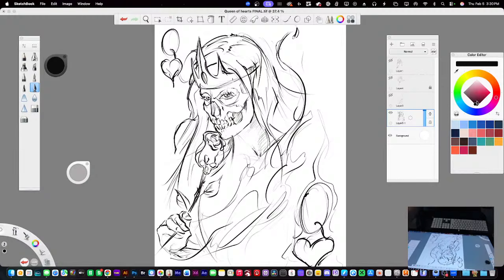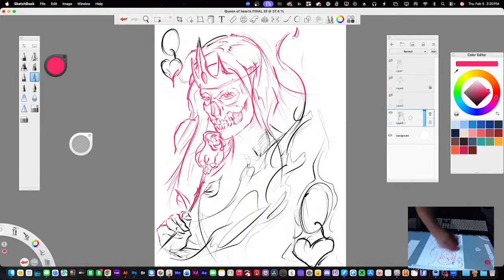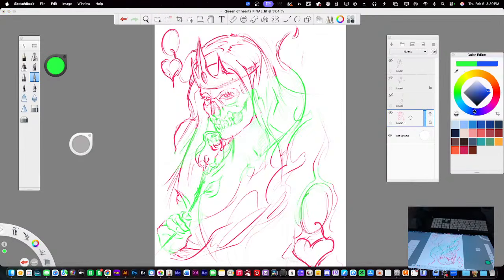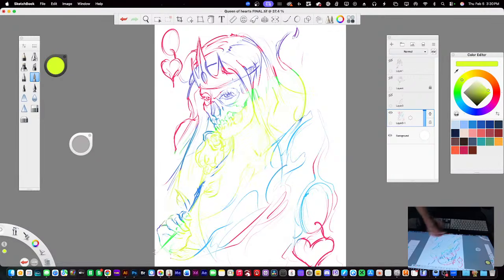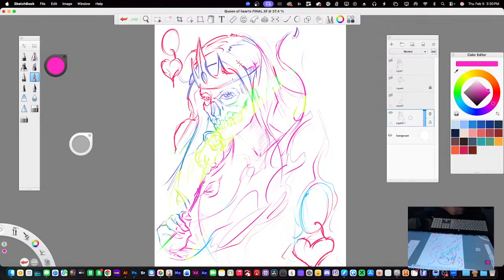Do the black ink. So watch. Change to a color. You can use a big brush like this and make it huge. And you can just change that color. That's how alpha lock works, in case no one's ever used it. That's what it does.